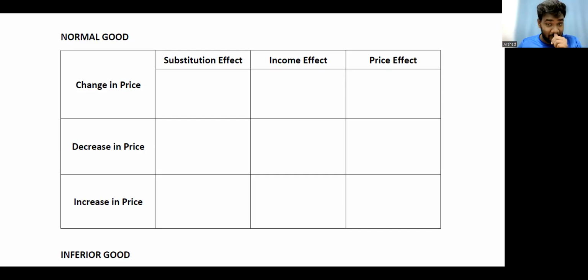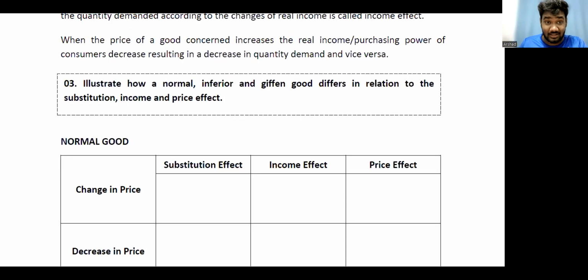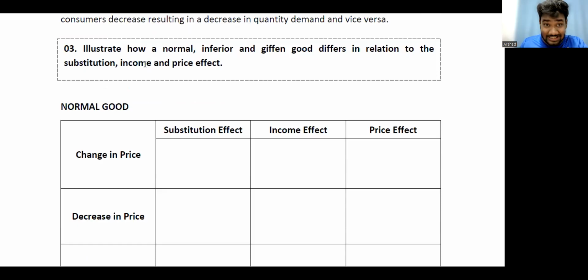So we're looking at a normal good. The question is, how do the substitution effect, income effect, and the price effect affect a normal, inferior, and a Giffen good? So we'll talk about this very carefully. Now, in a,